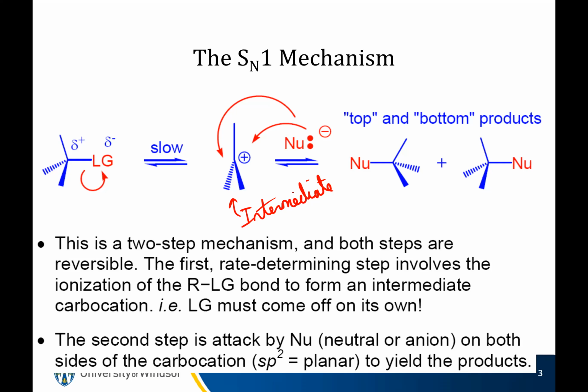So what ends up happening in the reaction coordinate is the slowest step is generating this ion pair, because you're breaking a carbon-something bond. You're going to form a carbocation. That is going to be slow because carbocations are not stable. So this bond gets longer and longer and longer until it breaks completely. Then in the second mechanistic step, the nucleophile comes in and attacks the carbocation, giving us the two products.